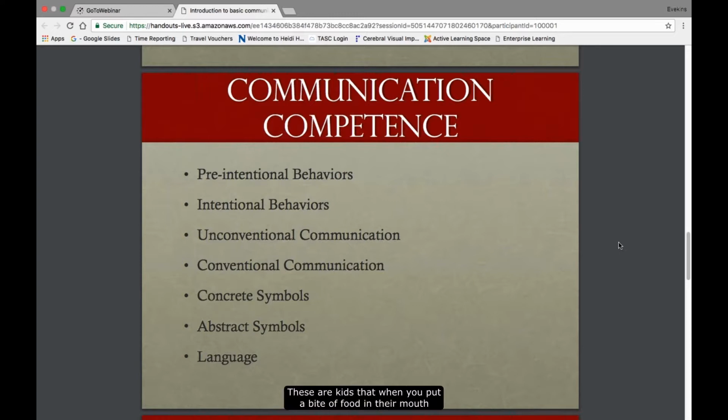These are kids that when you put a bite of food in their mouth and they don't like it, they spit it out. You have to think unconventional means that it is not a behavior that you want to carry into adulthood. We want to start molding it and changing it so it becomes more conventional, which is the next step. So this is using those rewards, those positive reinforcements, the praise. All of those things are very important when we're talking about this part.